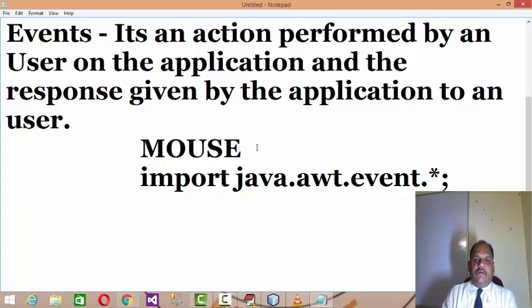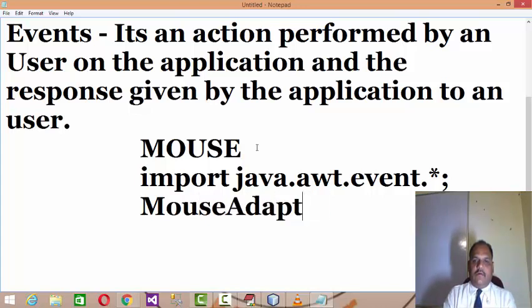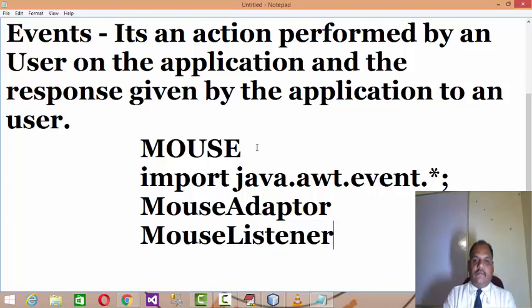This is the package you have to import for processing mouse events, and it provides a class called MouseAdapter, as well as an interface called MouseListener, right?